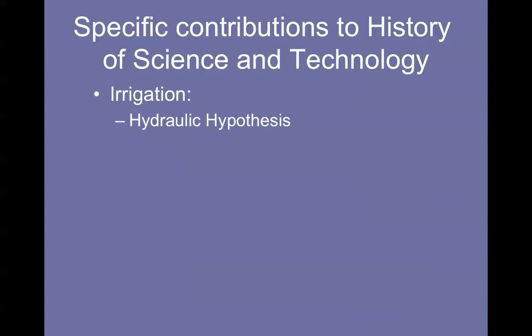Your book, McClellan and Dorn, will talk a lot about the role of irrigation in an ancient society, in any society really, and what it takes to achieve irrigation. And they wrap this up in their hydraulic hypothesis. Please take a look at this. But it is this idea that when you organize society around such an important engineering process that irrigation would be,